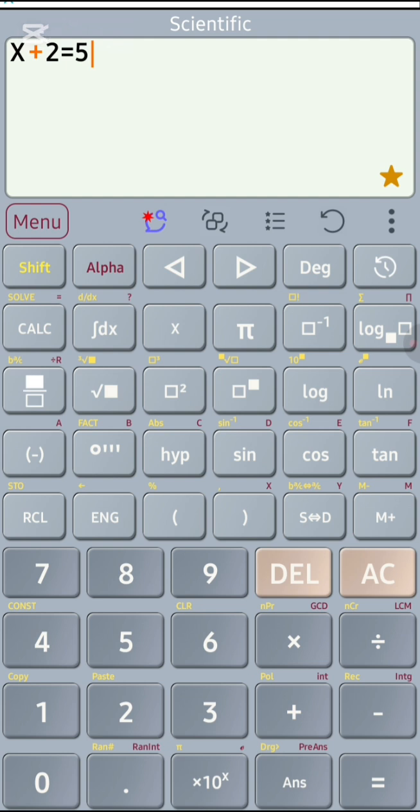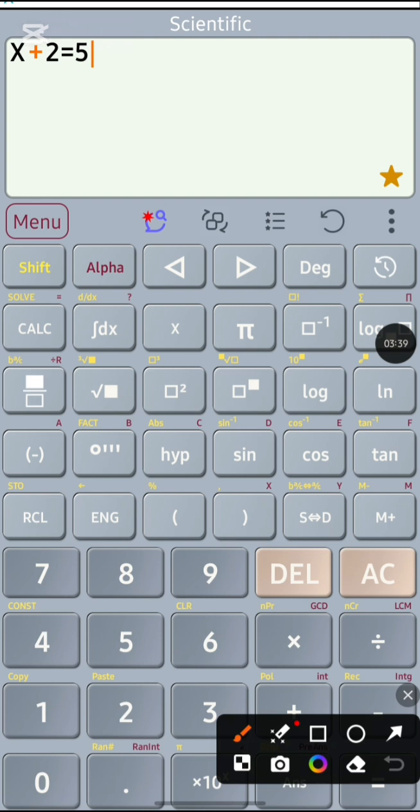So we have typed the question. So now how do we solve it? Let's try. If you press the normal equal to, you're going to get the answer here. But on a normal calculator, you're not going to get the answers, right? So here, what I'm going to do is that,